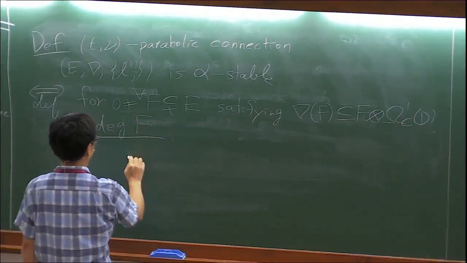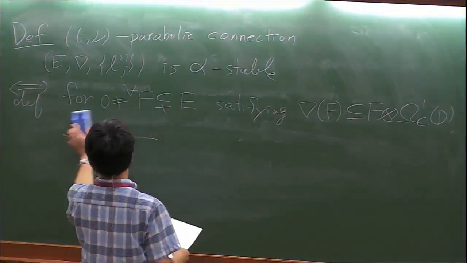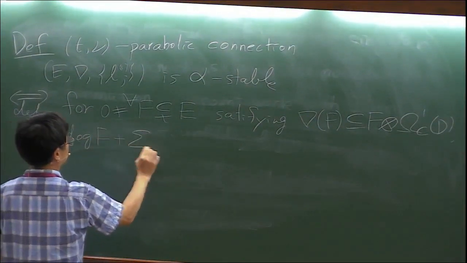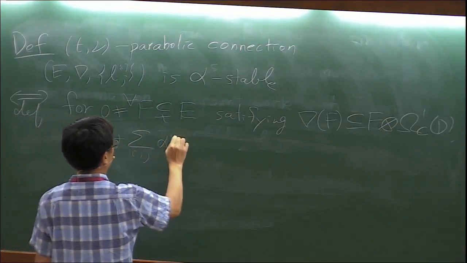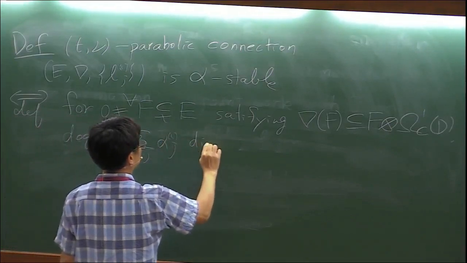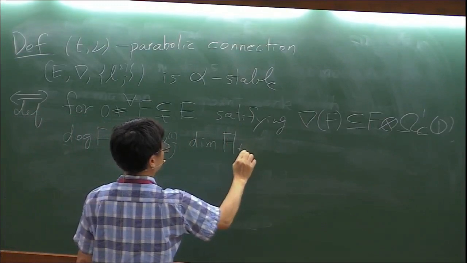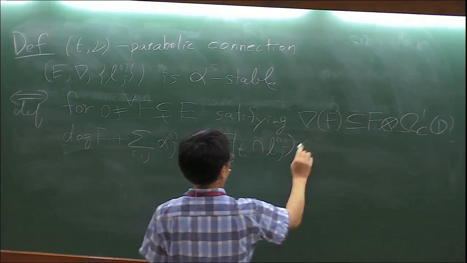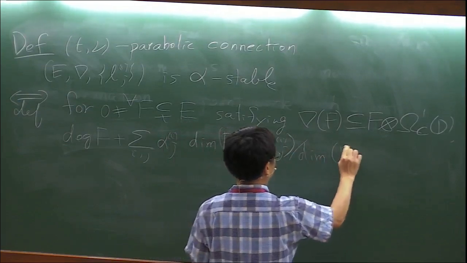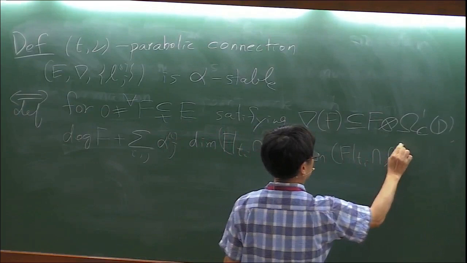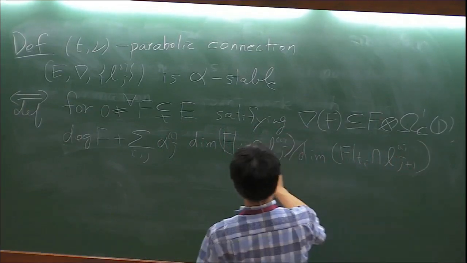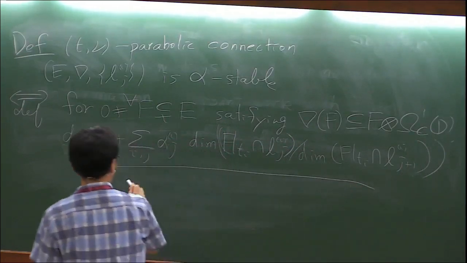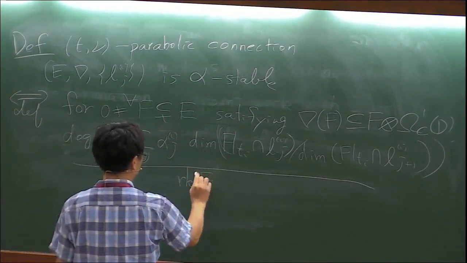No, rank, sorry. Degree of F plus the sum of alpha_ij times dimension, divided by the rank of F,